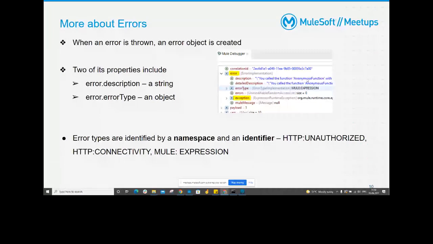Which will just give you a description of the error, what the error is all about. And error.errorType is basically an object. So it has a key-value pair, namespace and identifier. Now, namespace basically helps you to identify the origin of the error, from which particular operation of a module you are getting the error. And the identifier will help you to identify what kind of error we are getting